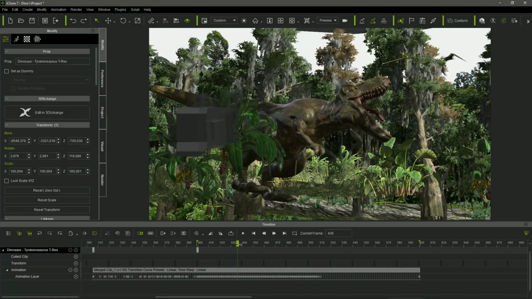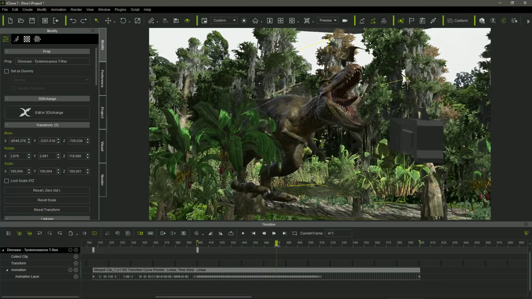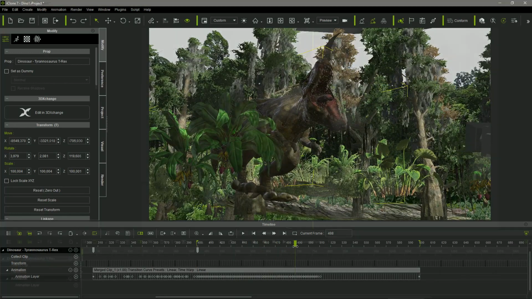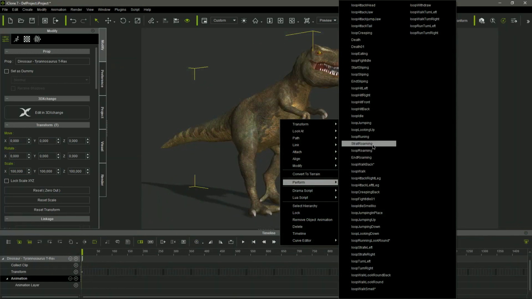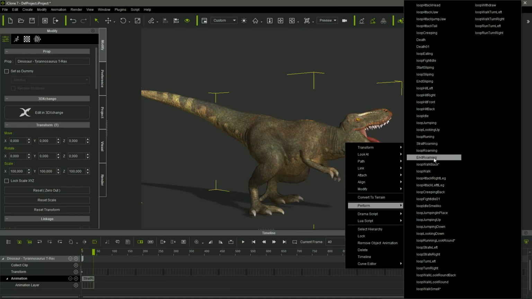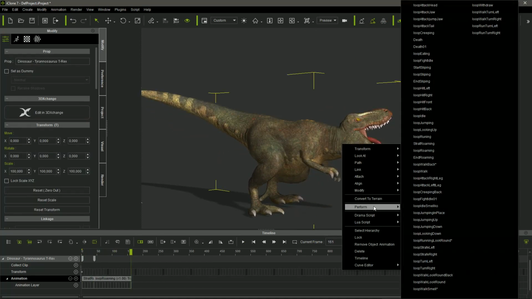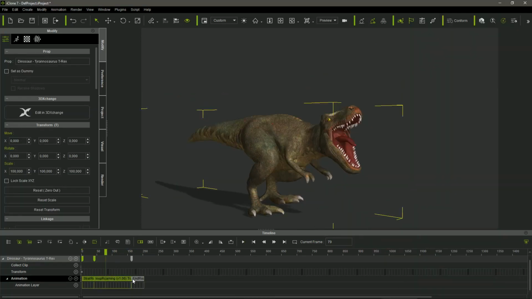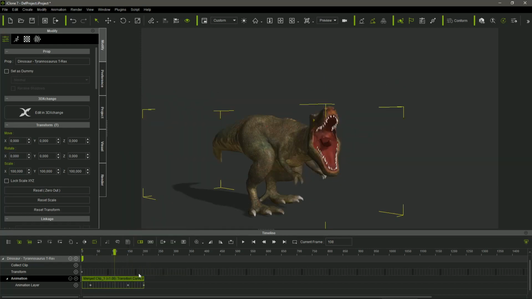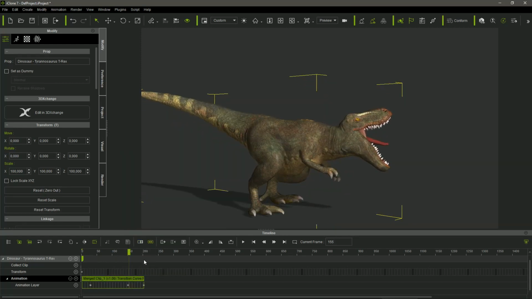The first scene is very simple. I just placed the camera in the set and animated the dinosaurs using their performance. I applied several performances one after the other. Then I selected all the clips in the timeline and merged them in a single one, expanding its duration, getting